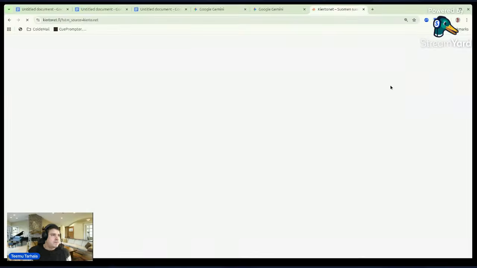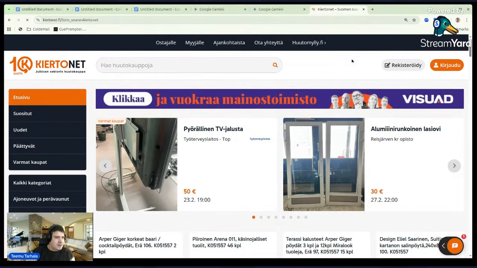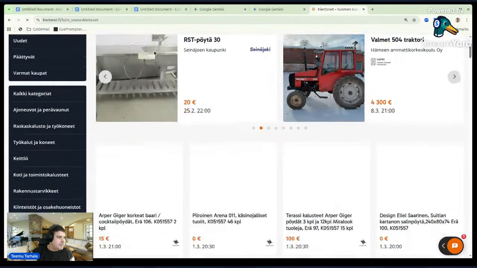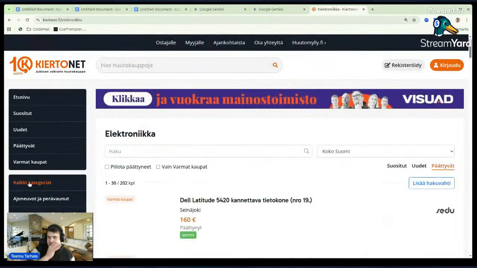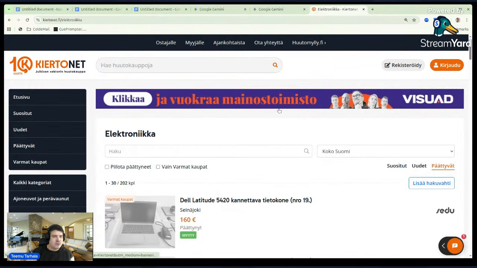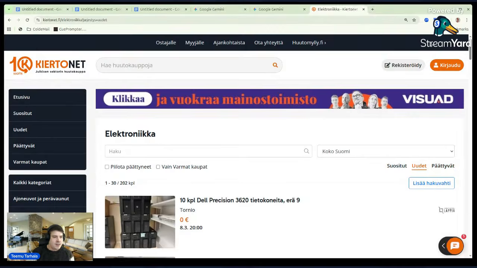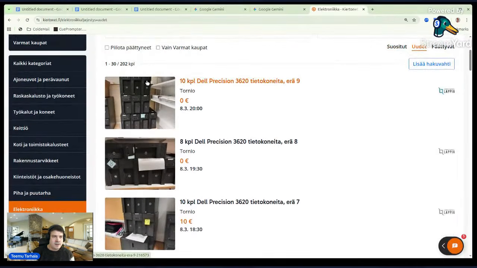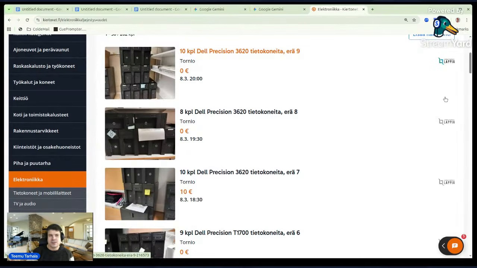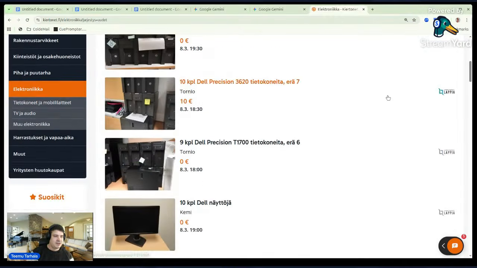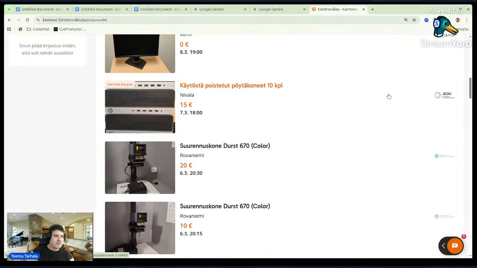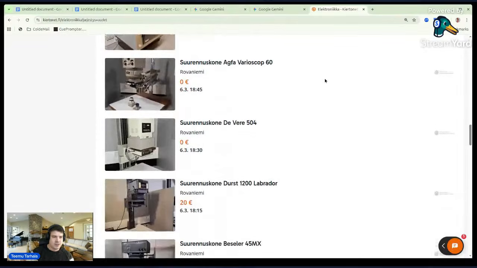Something wrong with their protection, but let's go. Let's go electronics. We have a lot of auctions. And here we have computers going because the person was looking for computers. Of course, we don't need a lot of 10, but they also go very cheap if people are interested. Go a bit down. For example, here are desktop computers going very cheap, but I wanted to get those laptops.